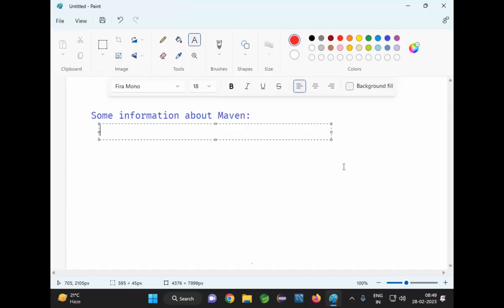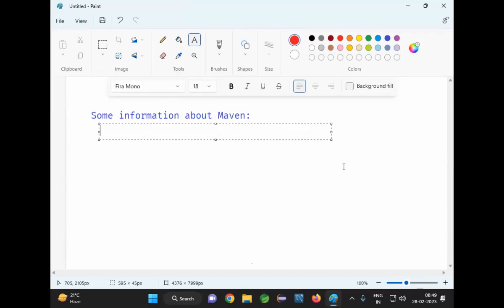I would like to have my project structure remain the same. The IDE may be different, but I would like to have the same project structure in all IDEs, so that I can easily open my project in any IDE and get the same structure again. That can be possible by using a build tool. Means if I create a Maven project, my project structure remains the same in all the